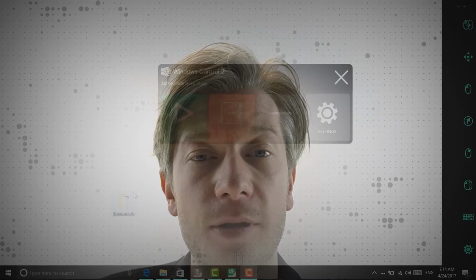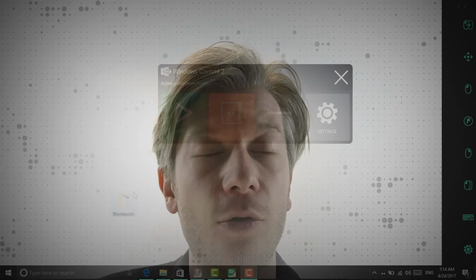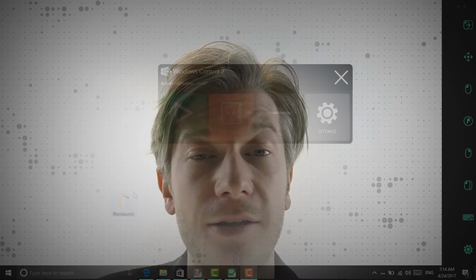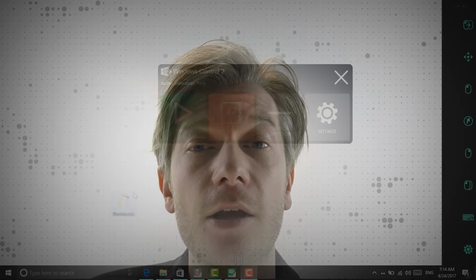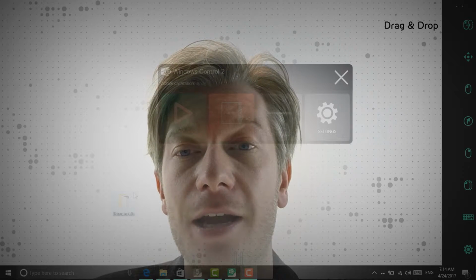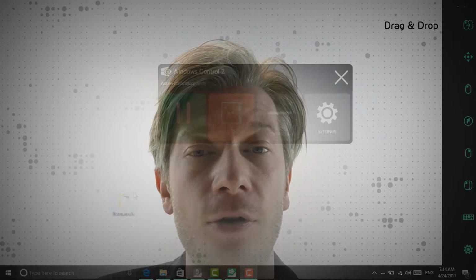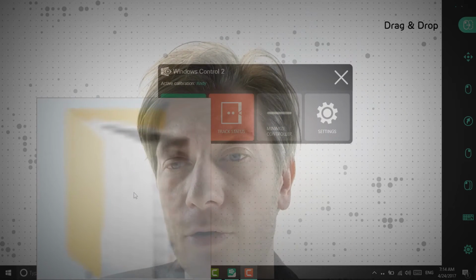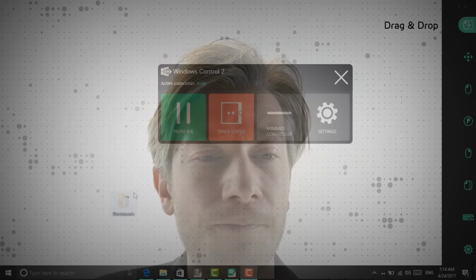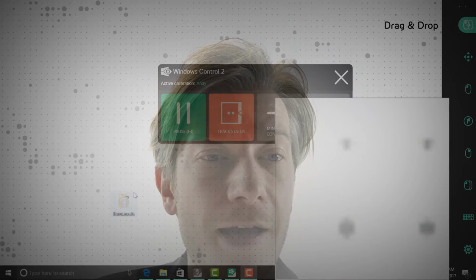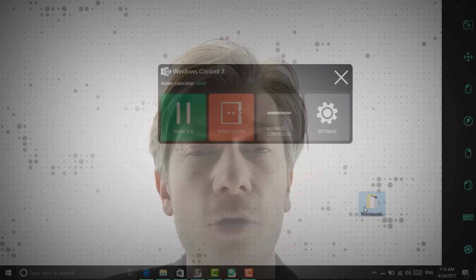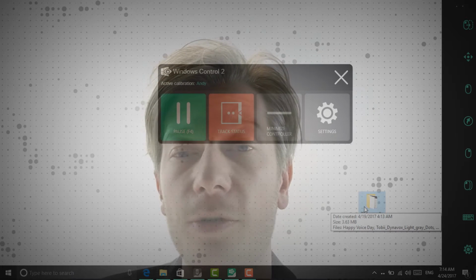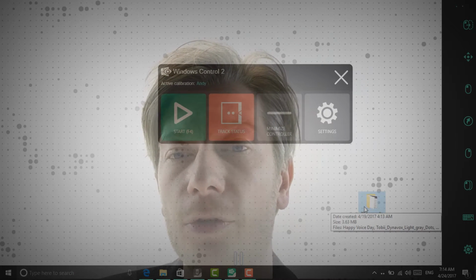I'm going to do some examples with primary and secondary selection in this video to hopefully show you the difference between the speed and depth of zoom and also the amount of accuracy needed to complete them both. So I'm going to start by doing a drag and drop with the drag and drop icon, and I'm going to do a secondary selection. So you see the border appeared round the icon, the zoom was deep, and then I looked at the part of the screen I wanted to move that folder to,